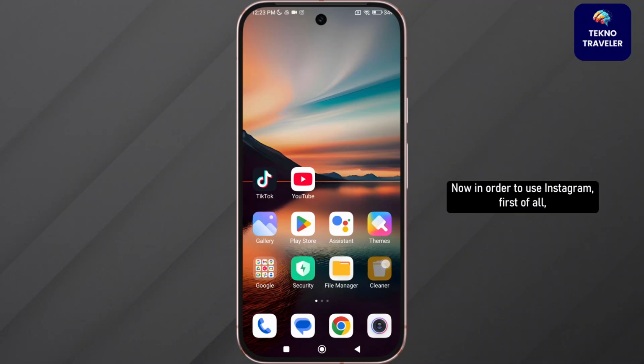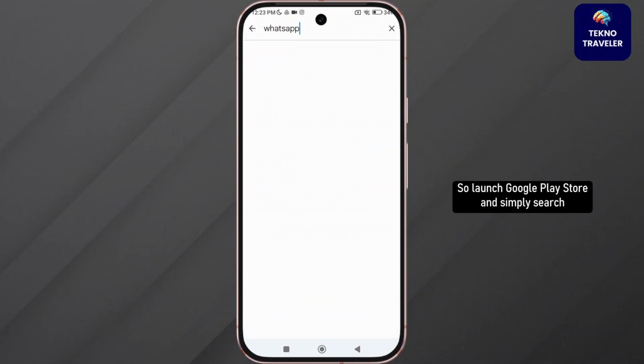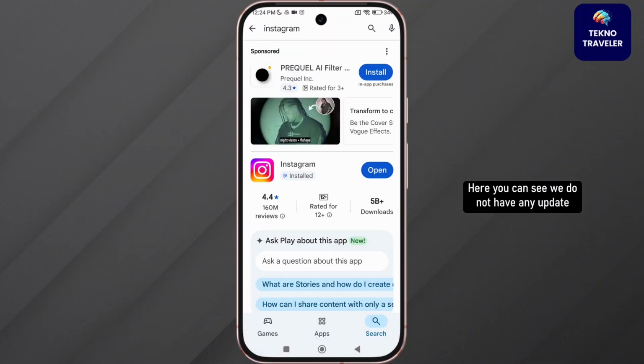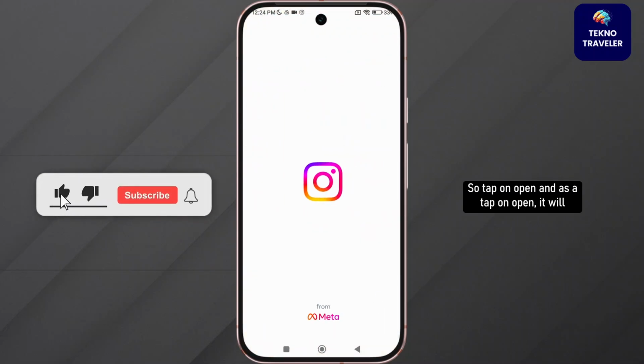Now, in order to use Instagram, first of all, make sure you have downloaded the latest version of Instagram application. So launch Google Play Store and simply search for Instagram application. Here you can see we do not have any update available, which means we have the latest version of Instagram application. So tap on open, and as you tap on open, it will lead us to this main page of